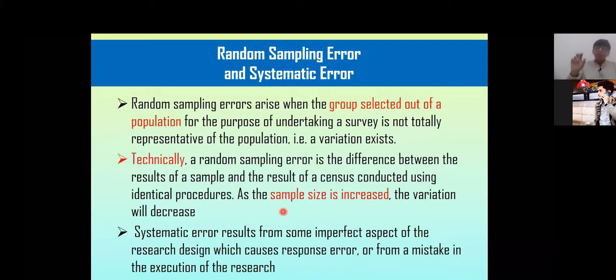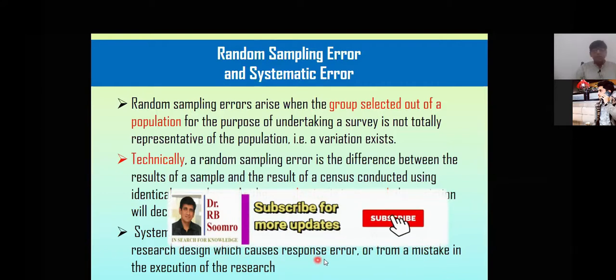And how do we minimize this type of error? This type of error can be minimized if you increase the sample size. As you increase the sample size, this problem will also decrease. But one thing you should keep in mind is that you cannot completely solve this issue. You cannot eliminate this type of error. The error will remain there, but with your effort you can mitigate its size, or decrease it.